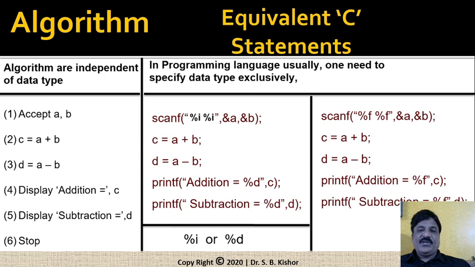So the semicolon indicates the end of a statement, not the end of a line. It means like in English we can write more than one sentence on a single line, no issue at all. So in computers, in the C language also, we are able to write more than one sentence on a single line without having any problem. In fact, you can write all the statements in a single line, but one should always avoid this.